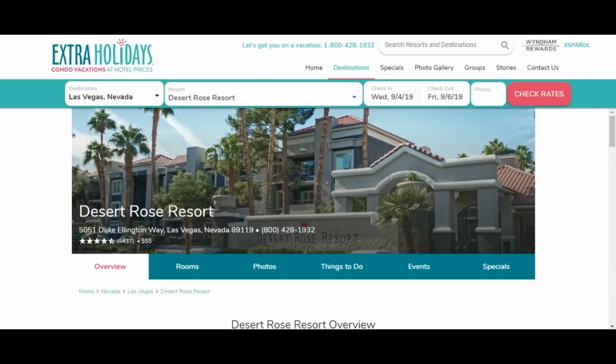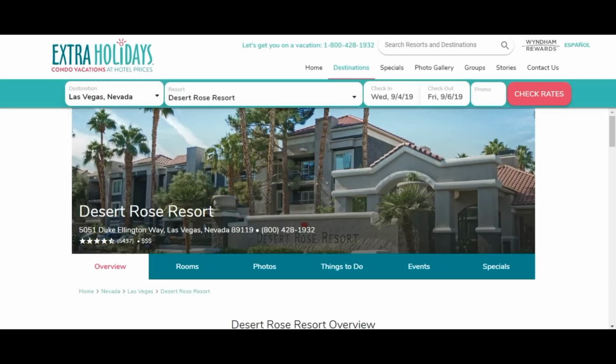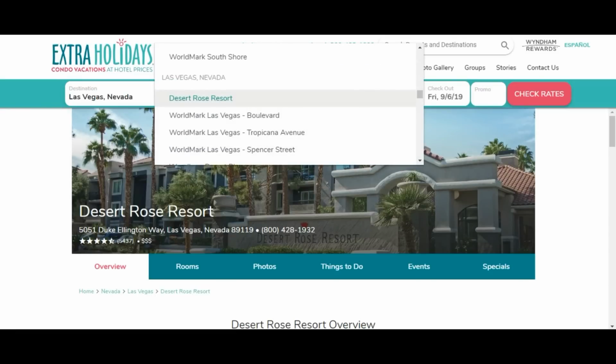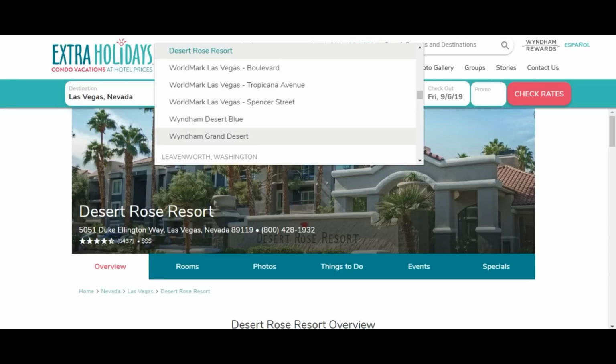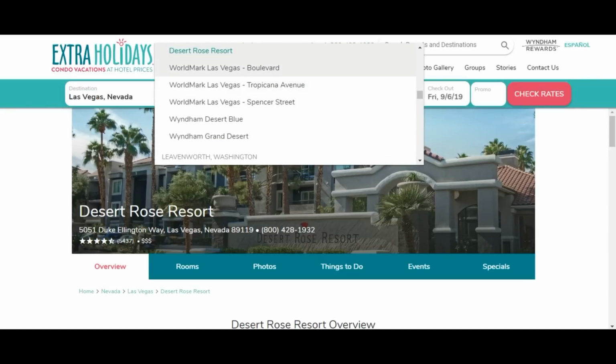This is kind of like another outlet to Airbnb for these people who have timeshares. They can list them on here for people to stay at them. So this has not just this one timeshare in Vegas, but all the ones by the Wyndham. So all the ones that the Wyndham operates, or at least does reservations for. These are all their Vegas ones, and they have all their other states on here too. And I'll cover all of these between this video and probably one other one, but I just want to let you know, if you're going to